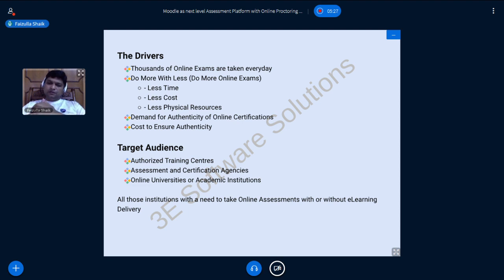Okay, so it could be any purpose, whatever is the purpose associated with the certification. Essentially what I mean to say here is it need not necessarily be connected fully with e-learning content delivery. You may or may not be responsible for the e-learning content delivery just because you are responsible for the online assessments. So these are the target audience for us. Now the proposed solution may help them in one way or another.